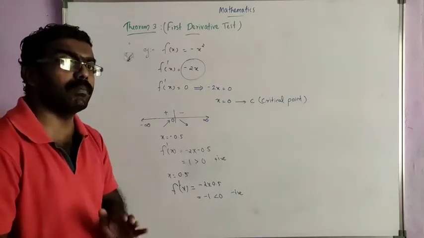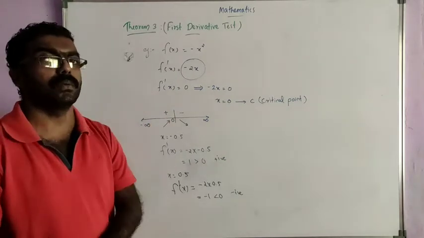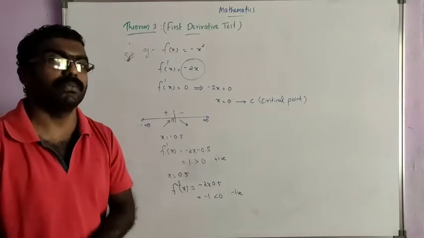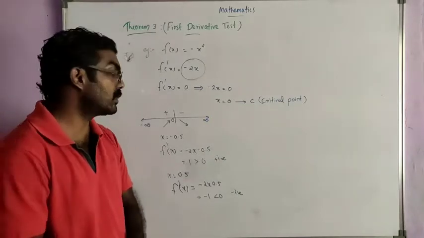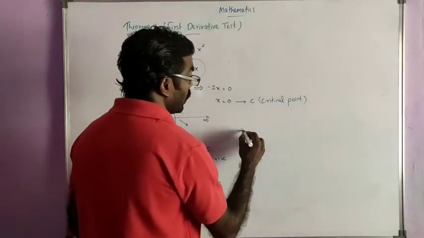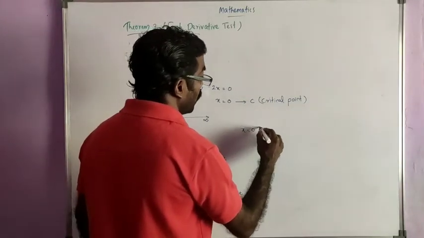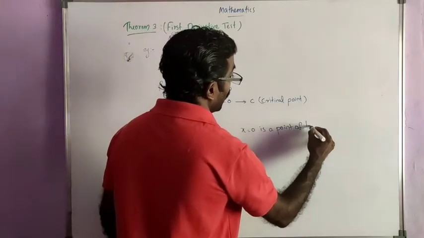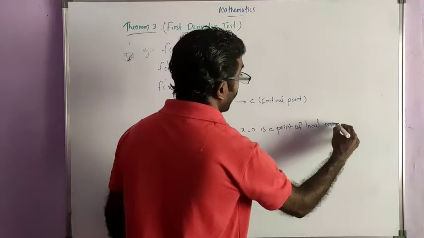The change is from positive to negative. So we can conclude C is a point of local maxima. Here C means 0, so we can say x equal to 0 is a point of local maxima,